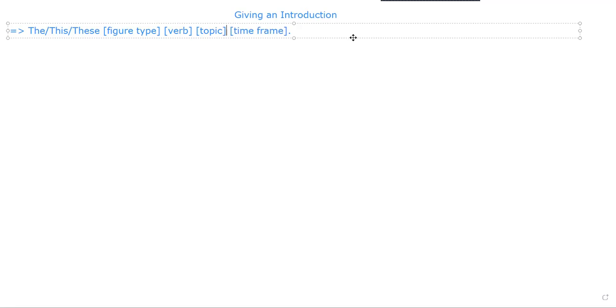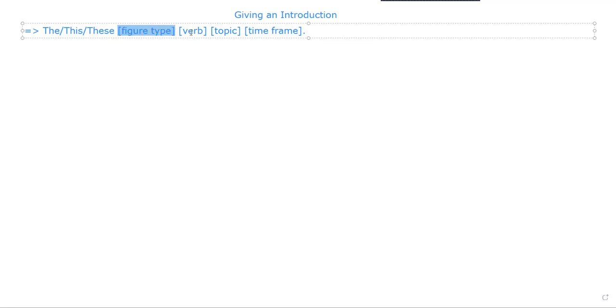Is this visible to everyone? Yes, sir. Okay, so this is a simple strategy that you can use to paraphrase any kind of introduction of any visual information analyzing questions. So let's get down to what we mean by these things: figure type, verb, topic, time frame. How to include this information in our instruction. For example,